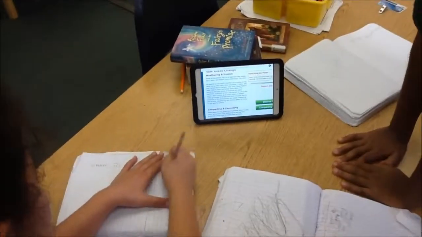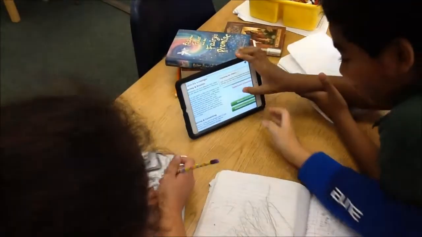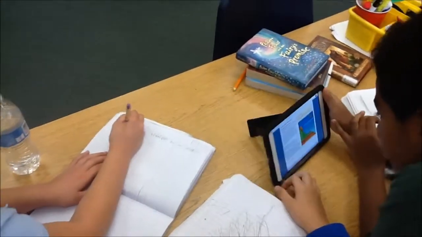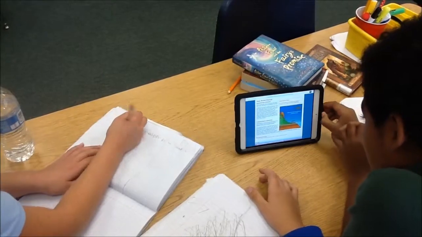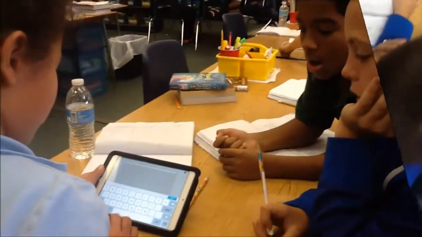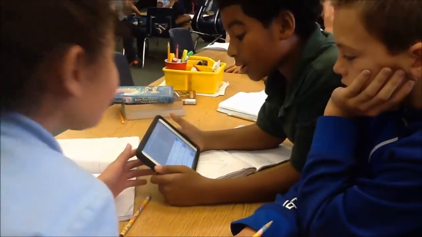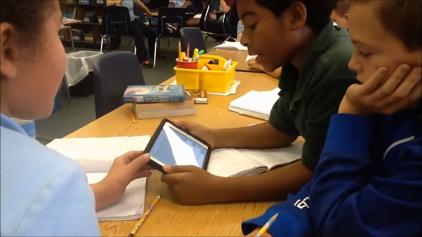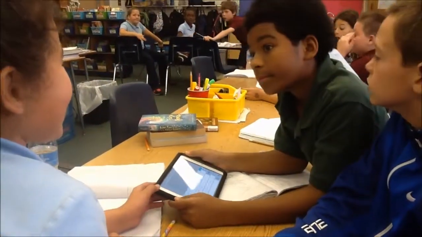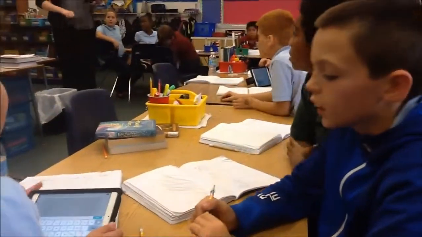Okay, select the weathering and erosion picture. See, it breaks. What if it was obsidian? It would be falling down. It would be going down. Exactly. And so you can go back and see.